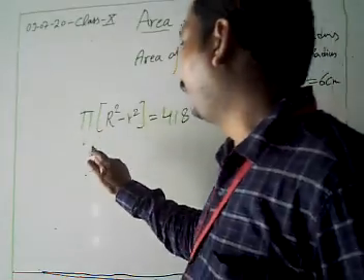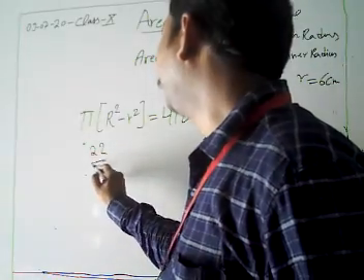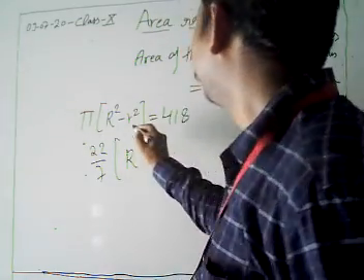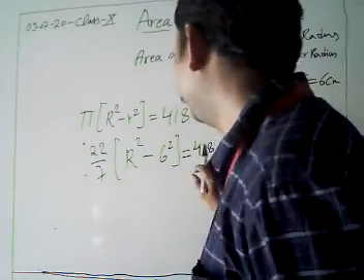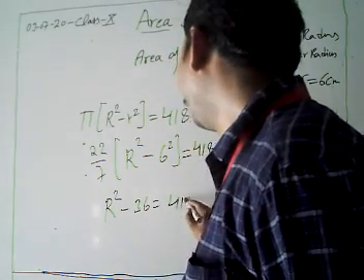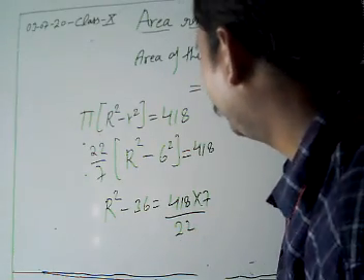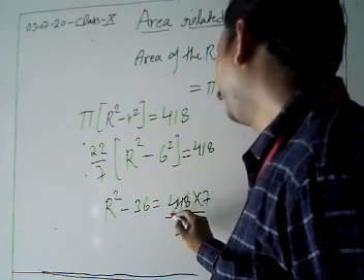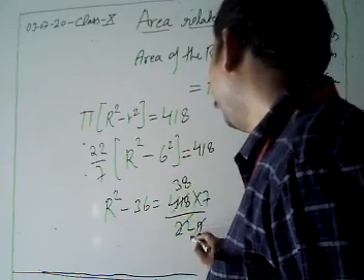Then take the pi value 22 by 7 because it's not given. We have to take the value 22 by 7 and put it in here. Then we have to find this capital R. Then this small r, 6 square, is equal to 418. We shift this to the right hand side. Now R square minus 36 is equal to 418 into 7 divided by 22. So 12 minus 1 is 11. This is divisible by 11. 11 2s are 22, 11 3s are 33, 11 8s are 88. Then 19.